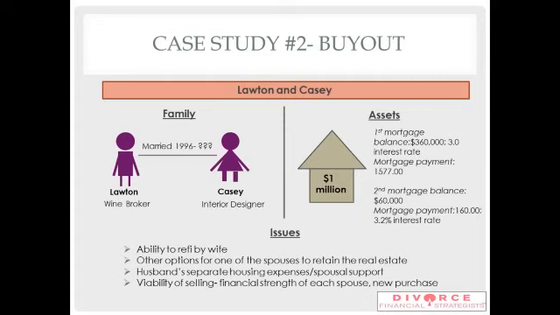Now, they took out a second mortgage, which year? I'm forgetting which year it was now, but it was more towards the middle of their marriage. And they took this mortgage out in order to invest in something else. That investment, unfortunately, did not work out. But be that as it may, there's a second mortgage sitting on the property where their monthly payment is $160, and they have a 3.2 interest rate. Their situation very much tracks in the family law software, where, of course, you're going to want to put this information in. The other part of this case that is very interesting, and you'll see it here under my issues,